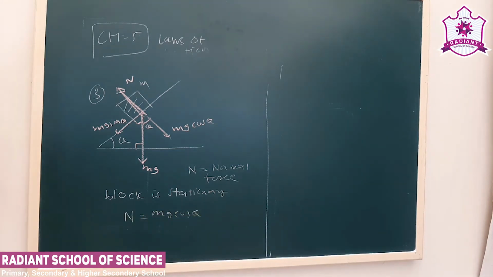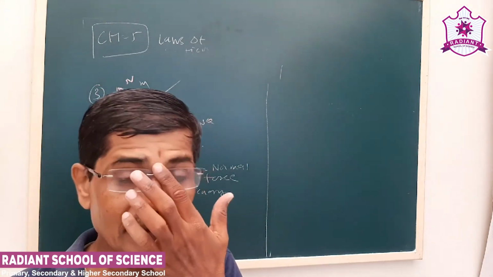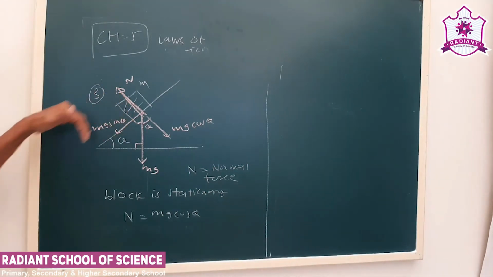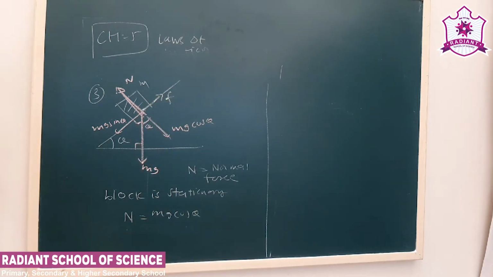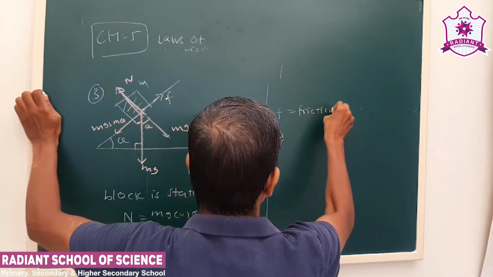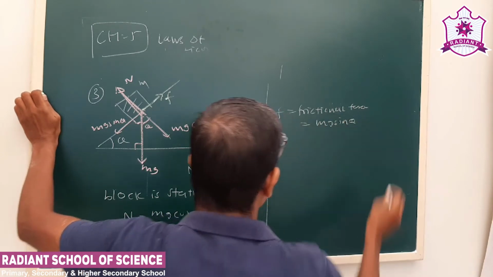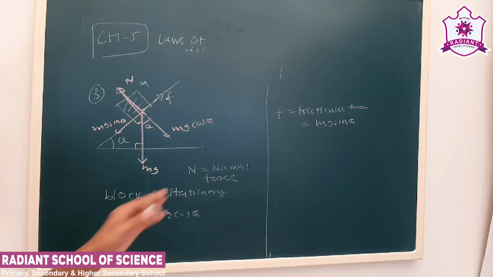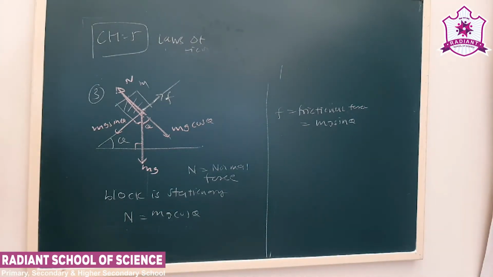Now if they ask the frictional force, as I discussed earlier, the frictional force prevents impending motion. See, the block has a tendency to go downward, but the block remains stationary. So the frictional force opposes impending motion. So this F, the frictional force, will be mg sin theta. Okay, so this is the frictional force. See, our question was what is the normal force? Normal force we can say N is equal to mg cos theta. Okay.